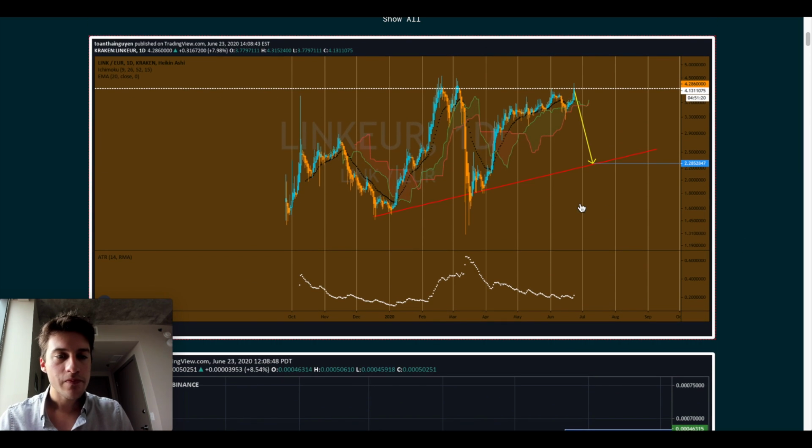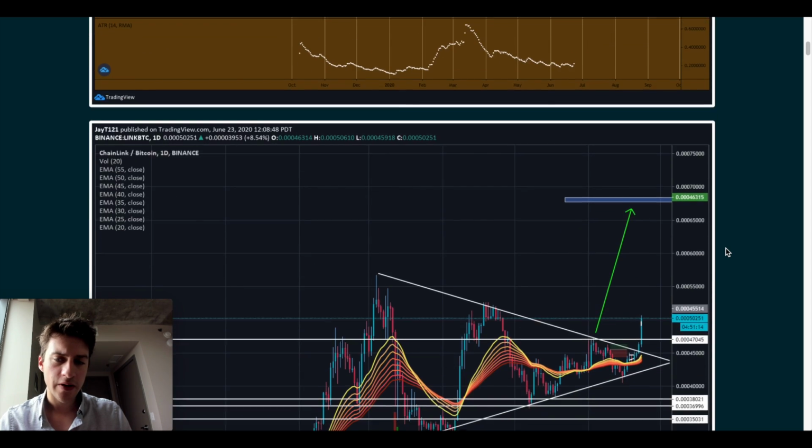Let's go in. This guy is looking at Link to the euro with Heiken Ashi with daily candlesticks, and he has an ATR for volatility, and it looks like he has the Ichimoku cloud, and we've got a diagonal line upward, and it looks like he wants to buy here, but that would require price to drop 40-45%, and then he wants to buy there. So I don't know if I would call that bearish and bullish, but more bearish, I guess, on Link.